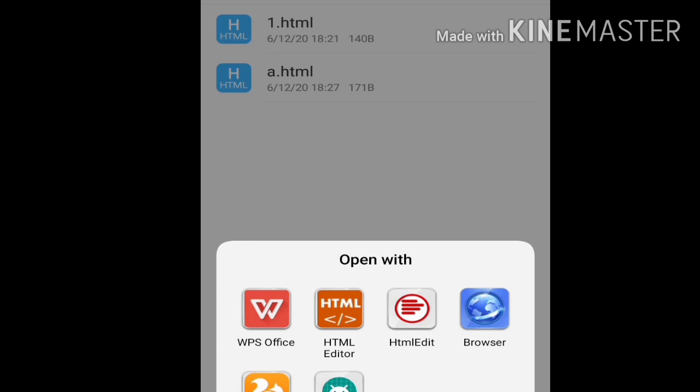After clicking on it, see here, the options open asking with which application. I want the browser application. See, my browser is loading. And this is the answer, JNB World. Because the size is very small, it is in small letters. If I want to give a larger size on my web page, then I have to use the font tag, which I will describe in my later videos.